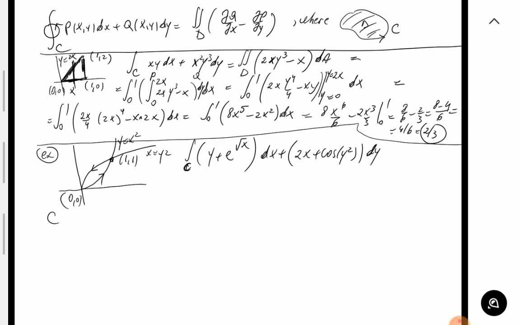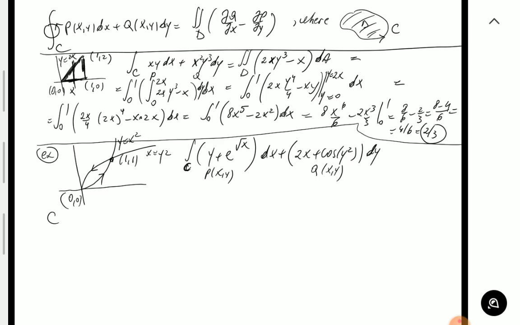Because as a line integral, I didn't even try it. Probably it's impossible, because these terms cannot be integrated, like cosine of y squared and e to the root x. But if you paid attention to the whole discussion up until this point, and you realize that Green's theorem is applicable, and you actually even mentally set up Green's theorem, you will realize that these ugly components, e to the square root of x and cosine of y squared, actually don't matter, because they will disappear once you